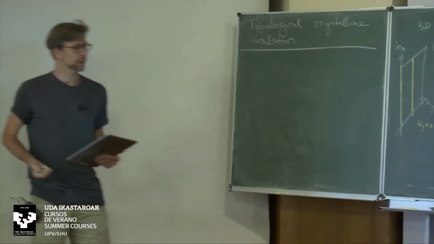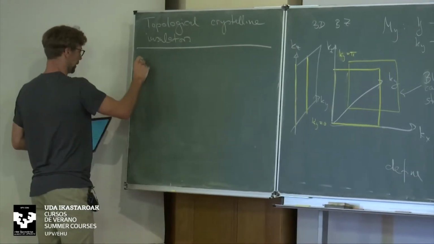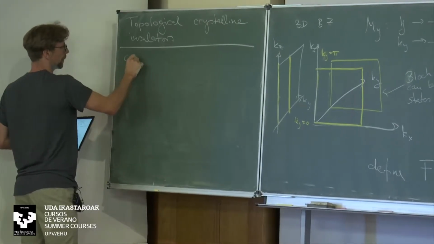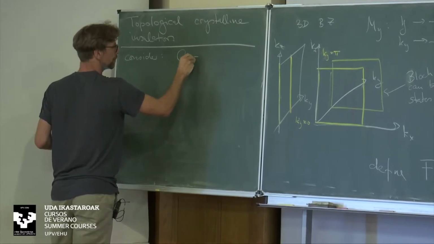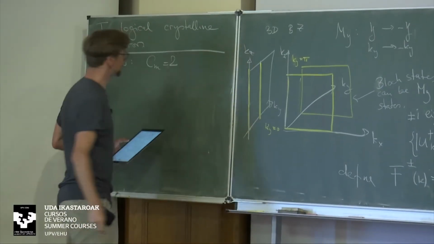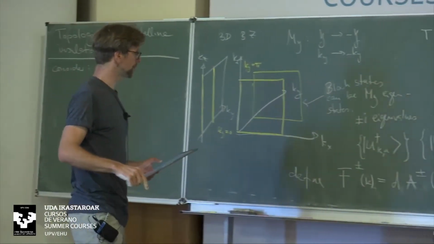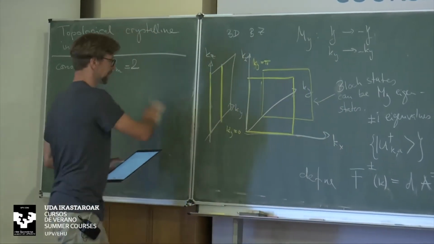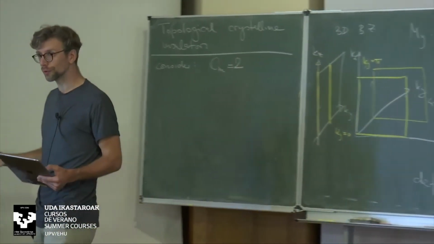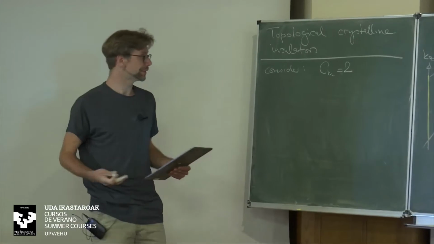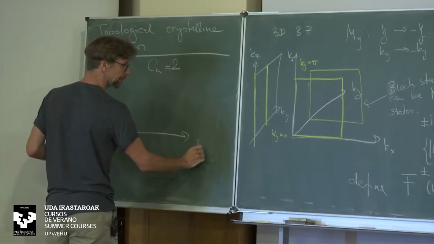Now, what do we know about the spectrum of the system when, for instance, the mirror Chern number is 2? Let's look at that case. What would we know? Let's think about our intuition from the quantum Hall system. What this means, and of course on this line I still have these two separate subspaces, is that in each subspace I have a Hall effect with Hall conductivity 2. So when I would look at the spectrum at the boundary as a function of